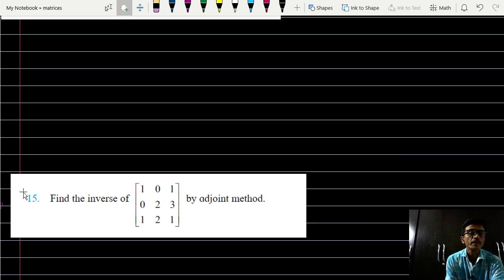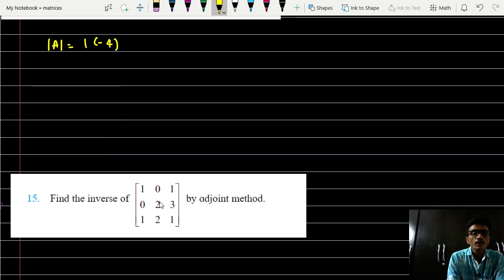Now we do question number 15. Question number 15 is, here we find determinant of this matrix, determinant of the matrix we find determinant of A is equal to 1 into 2 minus 6 minus 4, okay, 1 into 2 minus 6 minus 4 is 0 आएगा, plus 1 into value of this determinant 0 minus 2, it is 0 minus 2, then this is what minus 2 और ये minus 4 minus 6 आएगा, so clearly it is not equal to 0, so A inverse exists.